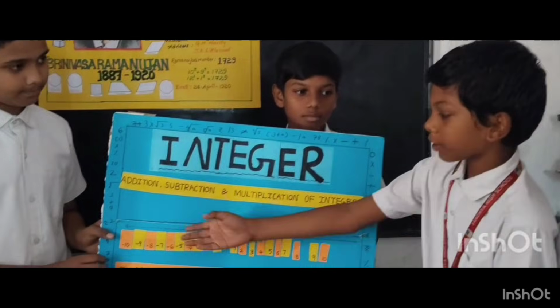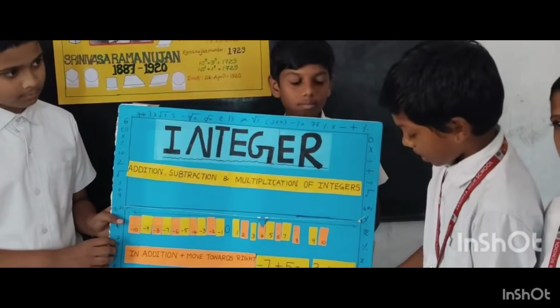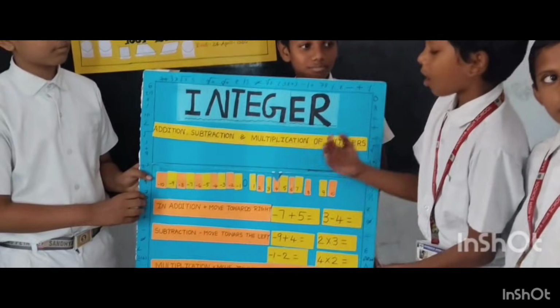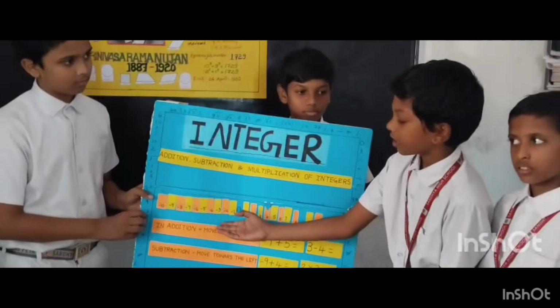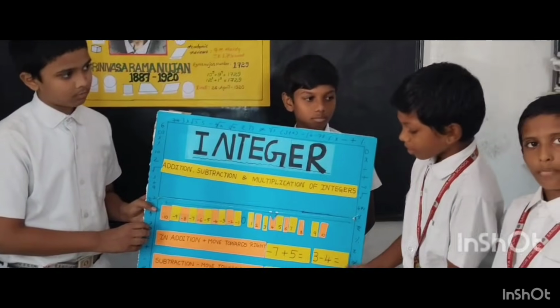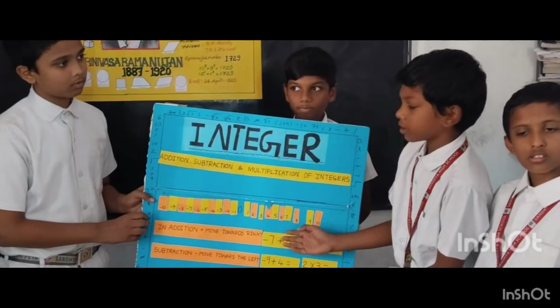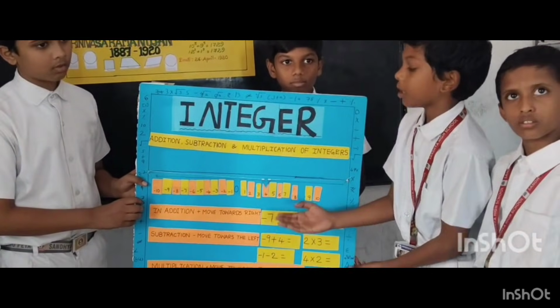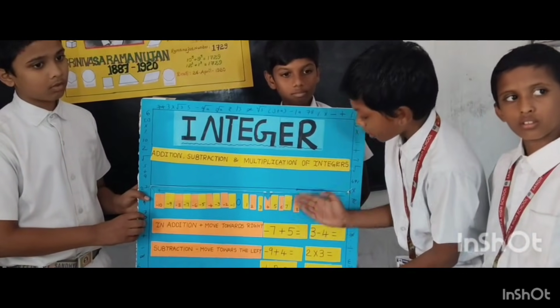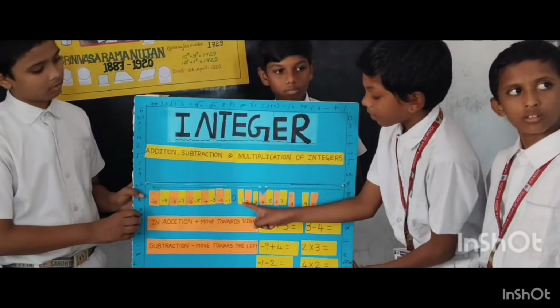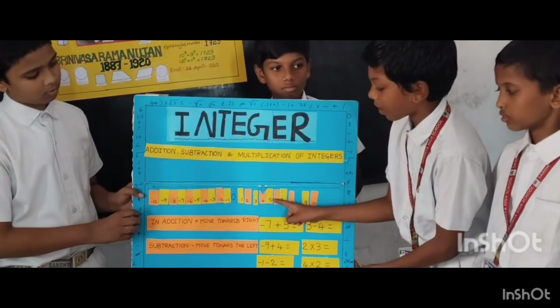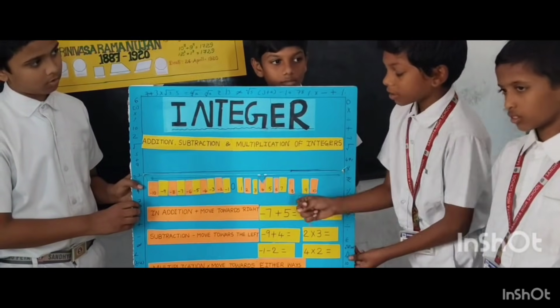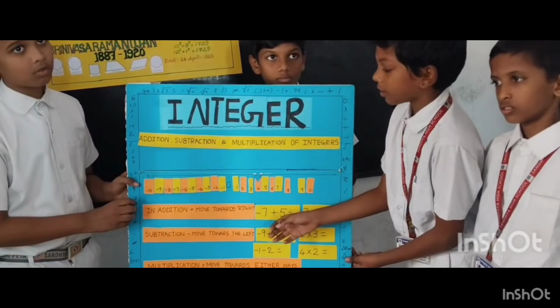When negative integers are multiplied by an odd number, the product is a negative integer. When negative integers are multiplied by an even number, the product is a positive number. For example, 1, 2, 3, 4, 5, etc. The integers are greater than the integers